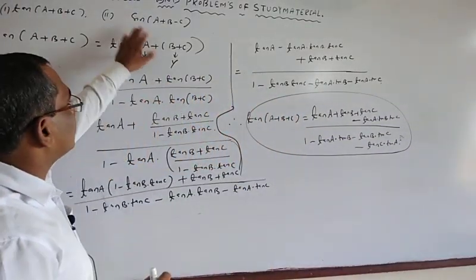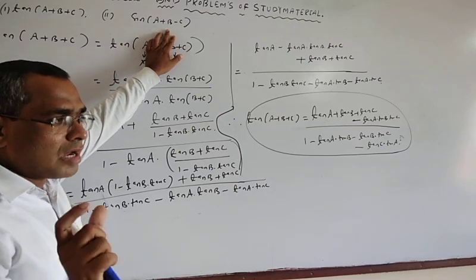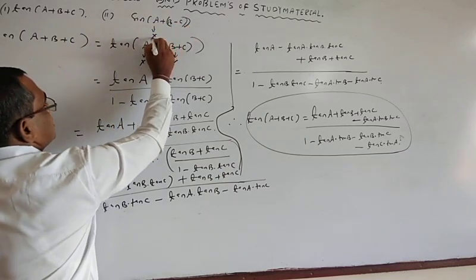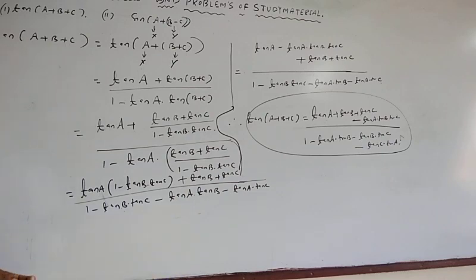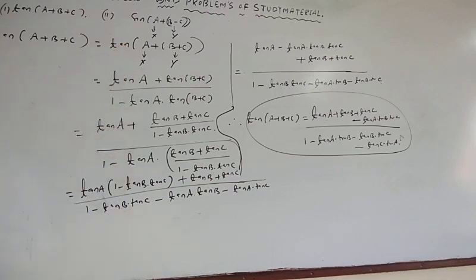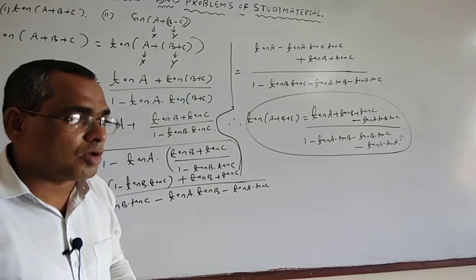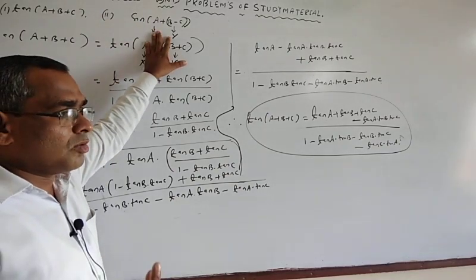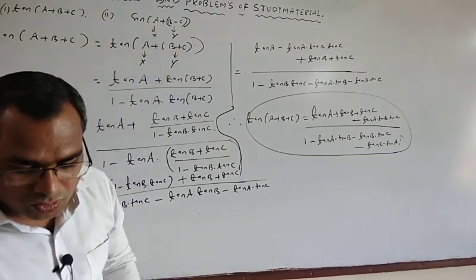Similarly, you have to calculate sin of (a plus b minus c). Means here b minus c, taking as one thing, so let it be considered a bracket. This one is x and this one is y. So sin of (x plus y), use this formula. Sin of (x plus y) formula, then in place of y we put b minus c, and again use the formula. So if there are three angles in a compound angle, consider two angles as one angle and use the formula. Okay.